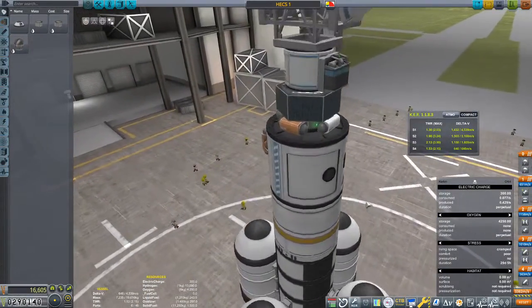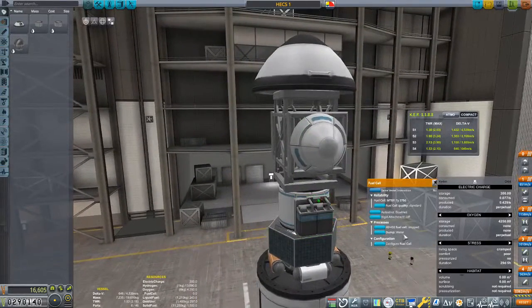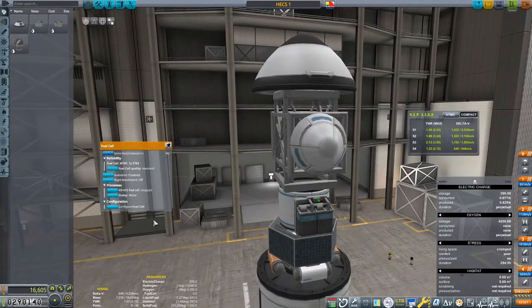This one's running on a fuel cell. So instead of putting on the pile of batteries, what I did is I put on a fuel cell here. And if we configure the fuel cell...